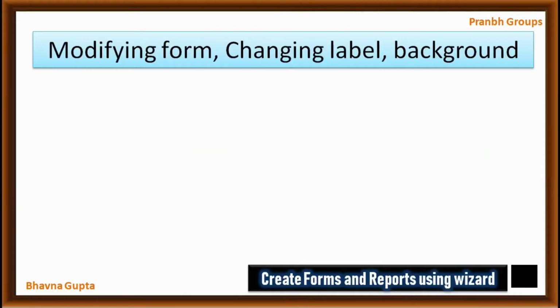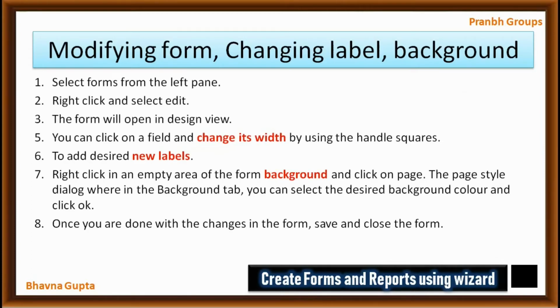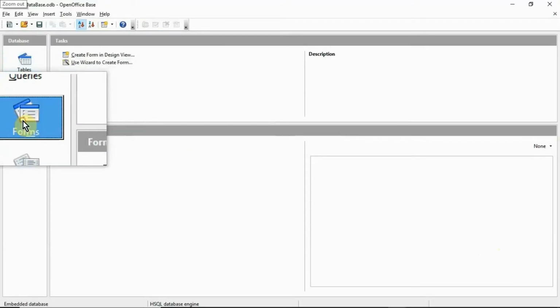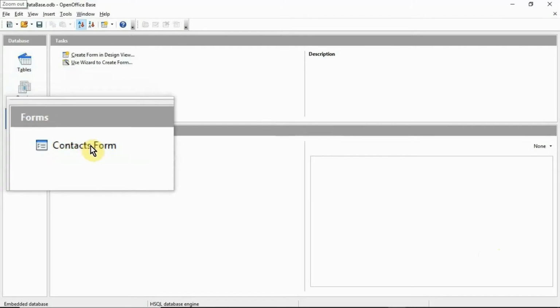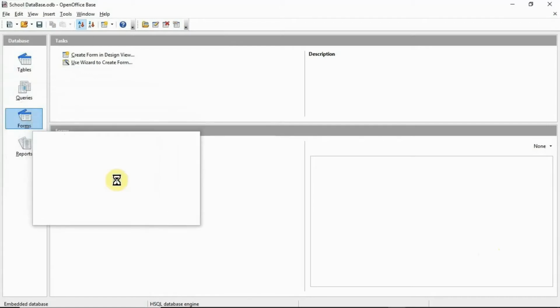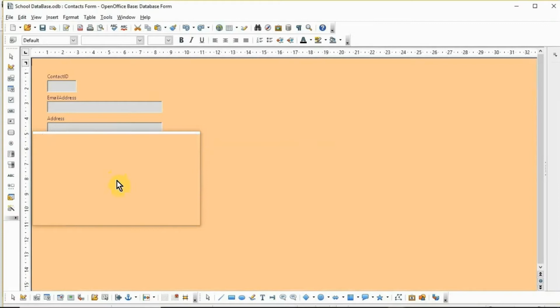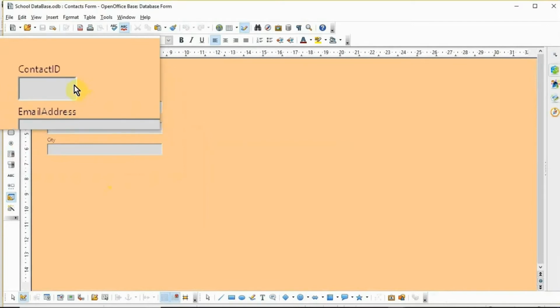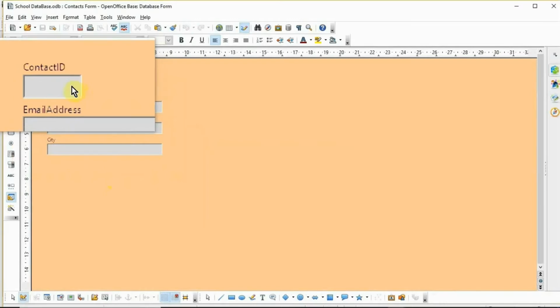Next topic, modifying form, changing label and background. Follow these steps. Let's do the practical and see how to modify a form. So simply click on forms and then select a form, right click and then click edit, and your form is opened in the design view. And if you want to change the width of the text box, simply select the text box and then use the handle squares